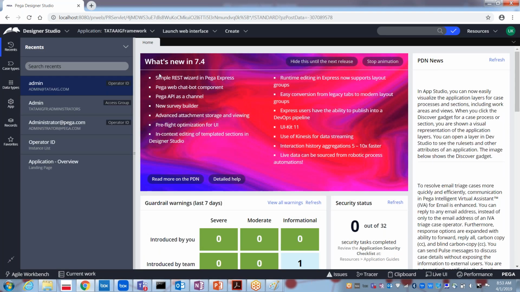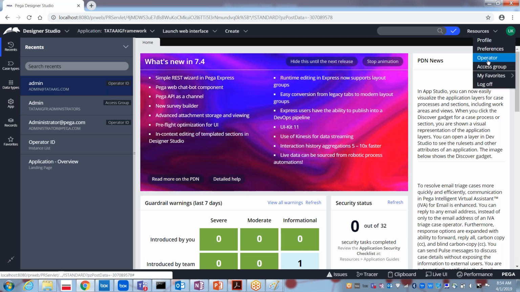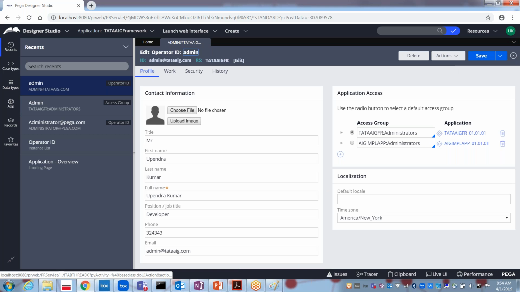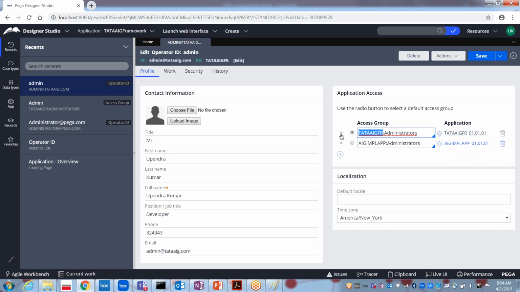Okay, so here if you open this operator ID, you will be able to see two access groups. Earlier only one was there, now we have two access groups. One is for the Tata AIG framework and the other is the AIG implementation application. So he has access to two applications.